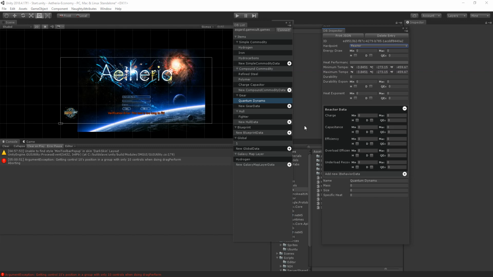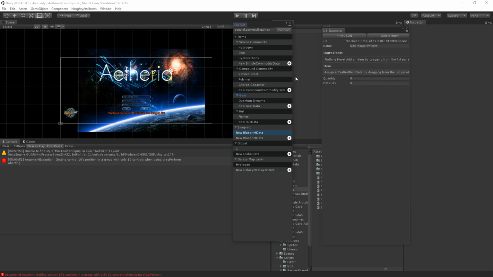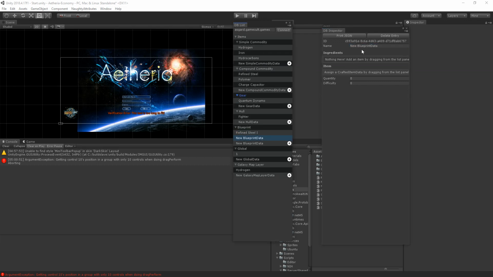Now let's make a blueprint for one of those compound commodities. We can assign the steel to the blueprint's item field by dragging it, and assign ingredients to the blueprint by dragging those. Let's create a blueprint for that reactor. Oh, first let's rename this one. And let's create a blueprint for the reactor. Let's assign the reactor